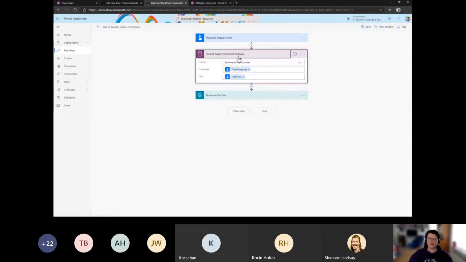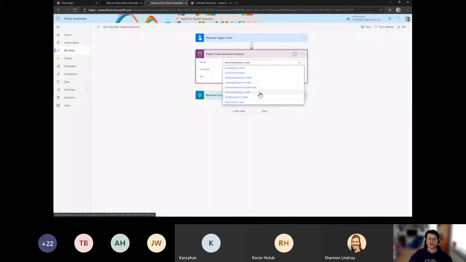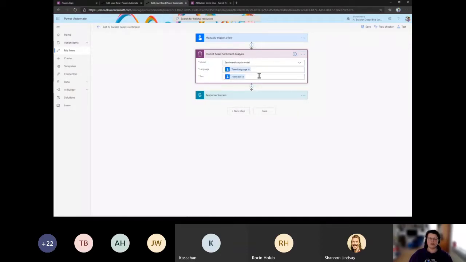Then you have the predict step, and in the predict step you basically choose the model that you want to leverage, in this case a sentiment analysis model. Then there are some properties you need to fill in. The sentiment analysis model needs a language tag, so it understands in what language a text is created.